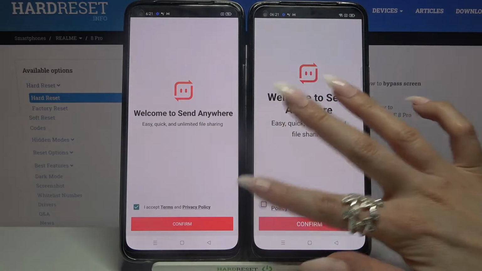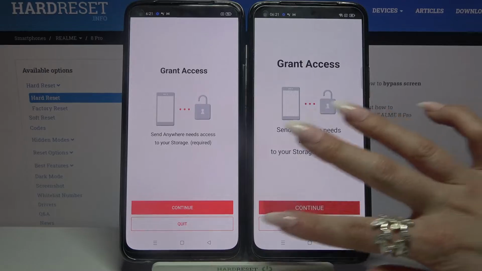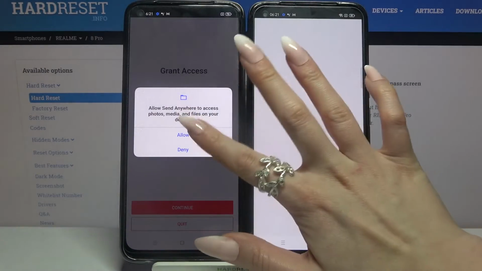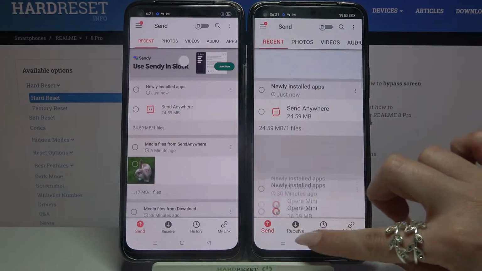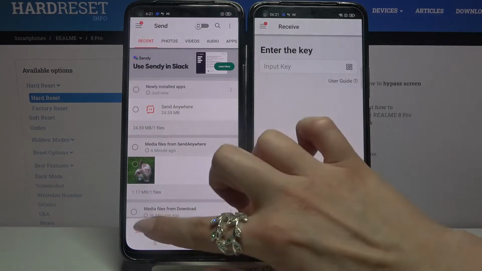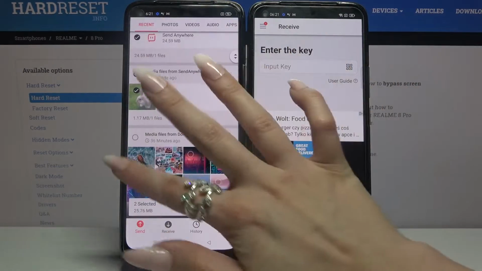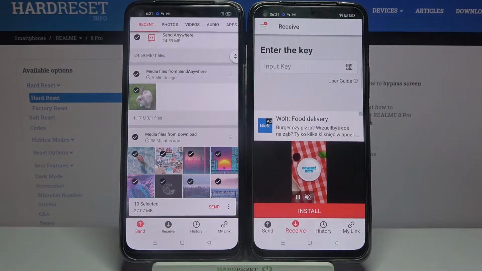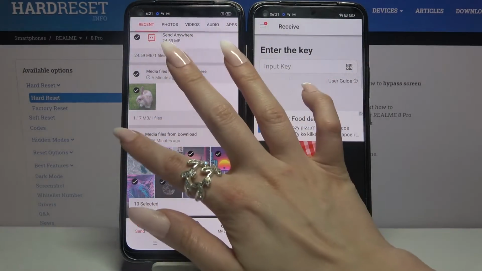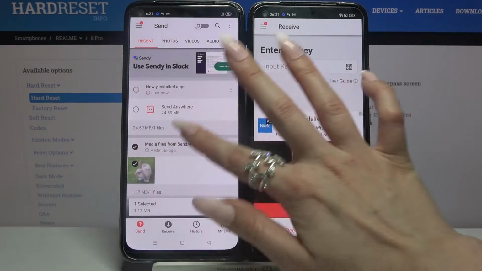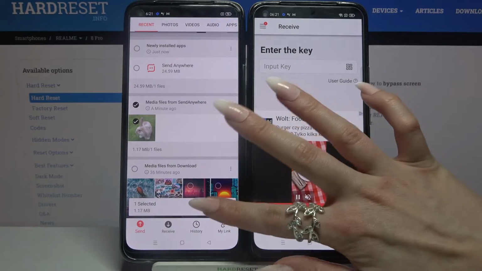Click I accept, choose Confirm, then Continue and Allow. You need to go with Receive on 8 Pro and Send on this Realme. Now tap on all of these dots and click Send to send all of your files. But remember, it will take some time, so for example, I will go with only this one photo, tap Send